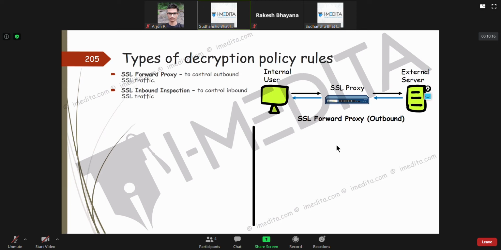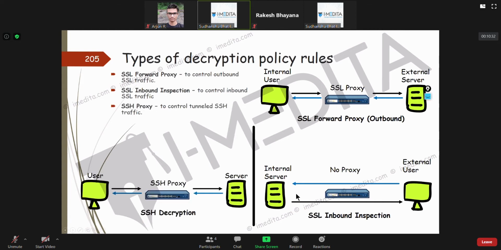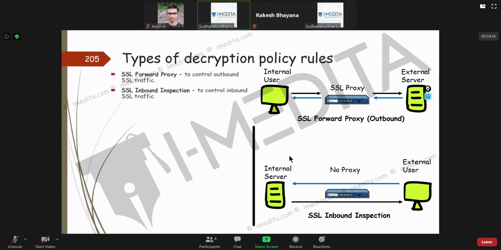So what's the purpose of this? The purpose of it is, suppose you have your internal server. You, in your company premises, have hosted some services, and what you need is that people, when they try to access that, maybe your internal server is